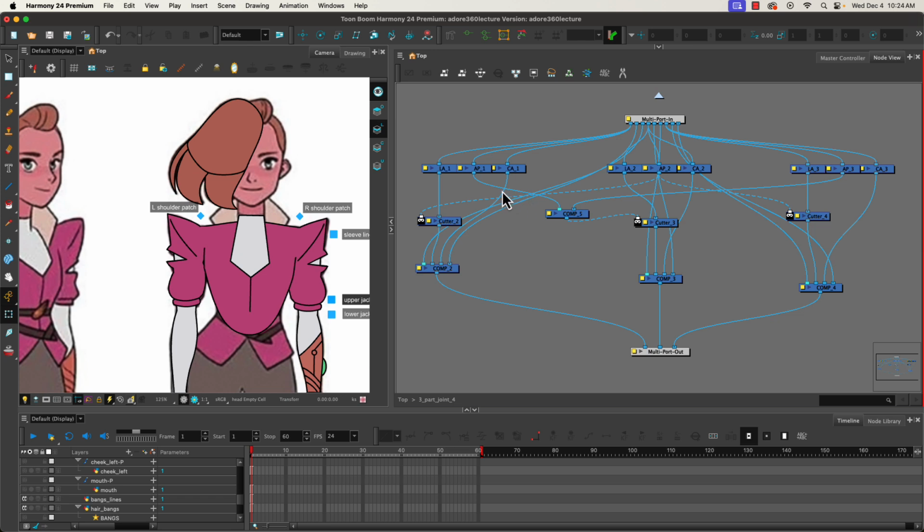Right now this would be set up for an arm. So we have, this is the middle part of the arm here. It's the lower arm that, so if we connect our parts in,